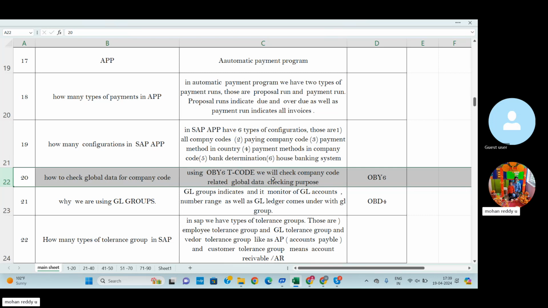If we enter the OBY6 code and then the particular company code, it will display the total data of that company code. It displays all the related detailed information.